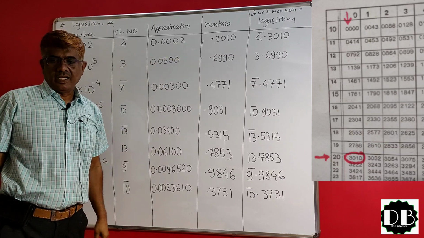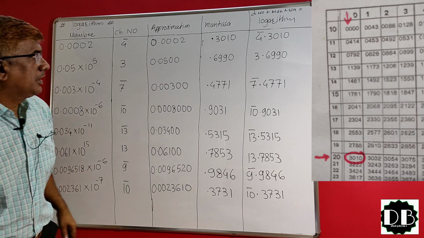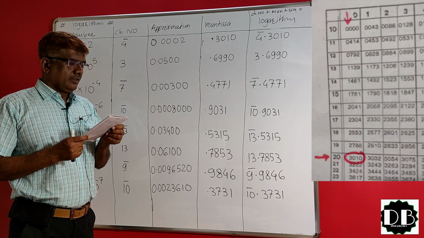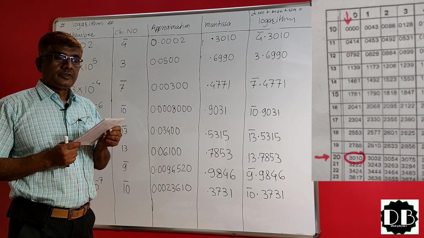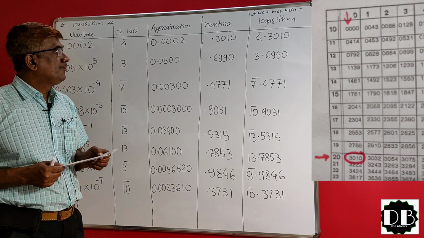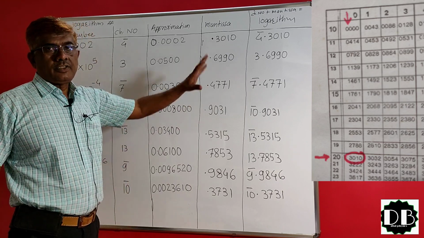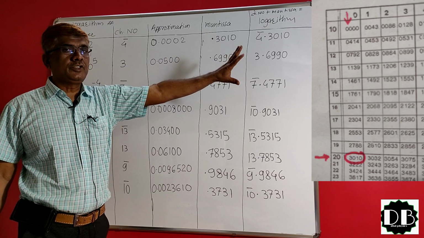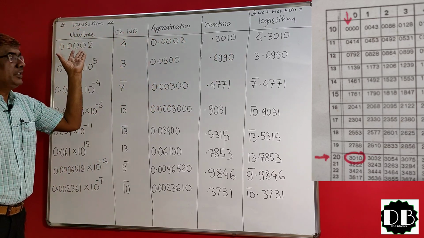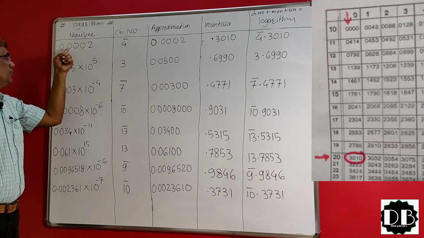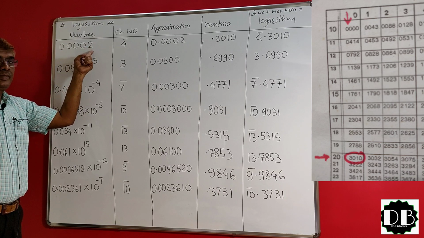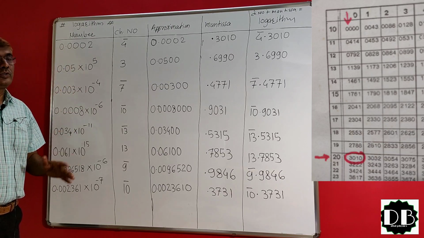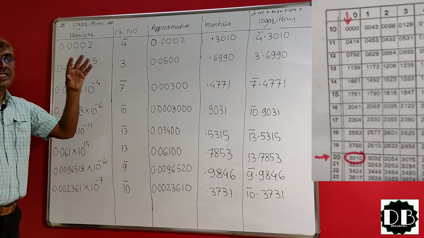0.002, Mantissa 20 in the log table. You can see the column of 20 to 0. It is 3010. Character number plus Mantissa gives us the logarithm. It is bar 4.3010. What is new in this example? After the decimal point there are a few zeros before the numbers start, not only 2, but 3, 4, 5 zeros and like that.